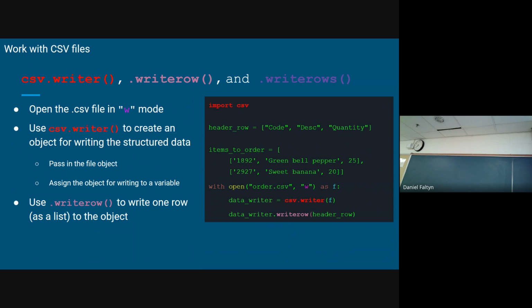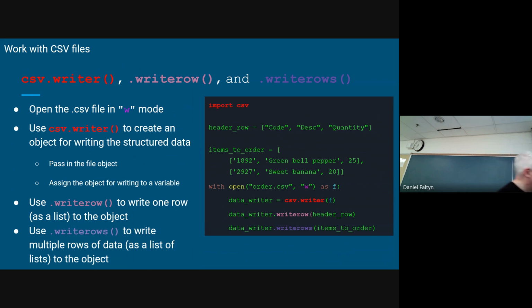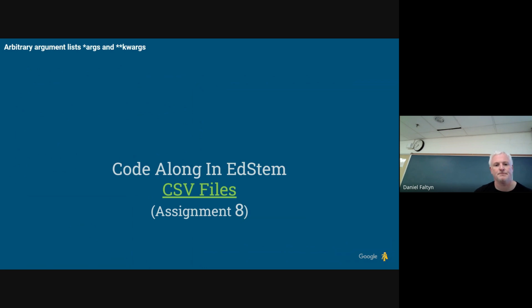I get a handle to this data writer thing, and then I say writerow. I can foresee this already. People are going to put strings in here. You don't put a string in there. You put a list. If you already have a list of lists, you can just write them all in one shot. Okay?